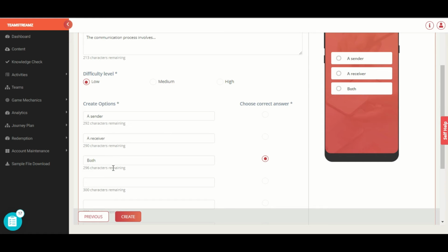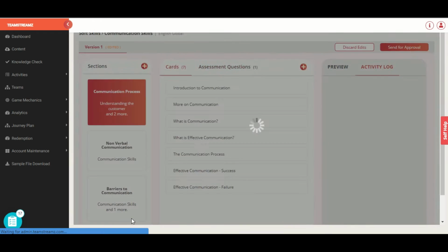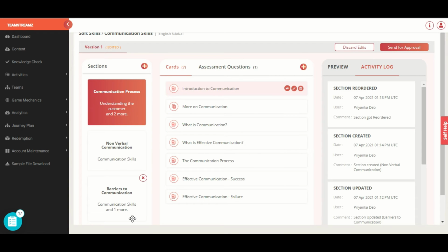Right, so I have put in my options and I've selected which is the right answer, and I click create, exactly the same as you would for a learning question.